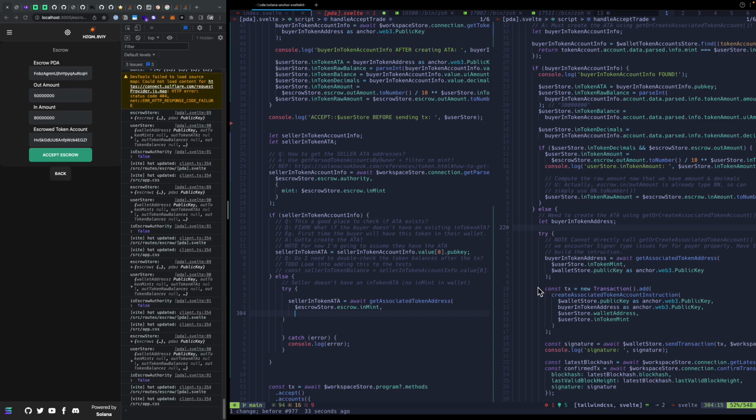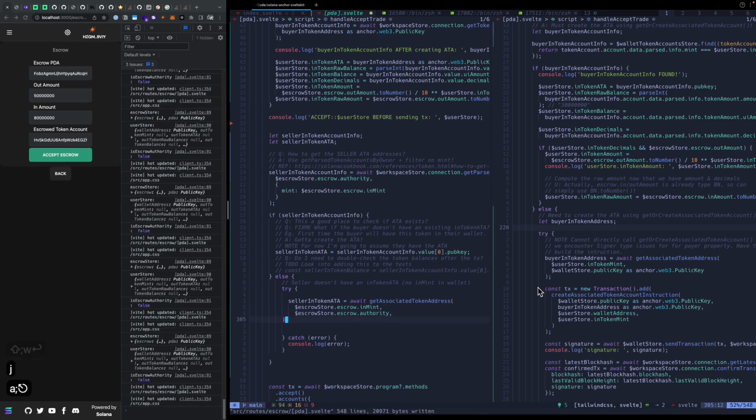And then again, the wallet, well, it's not going to be the wallet store in this case because we're talking about the seller. So the buyer is accepting this escrow, but we need to fill in the details. We need to get the seller's in token associated account. So thankfully that is stored in our escrow as the escrow.authority,